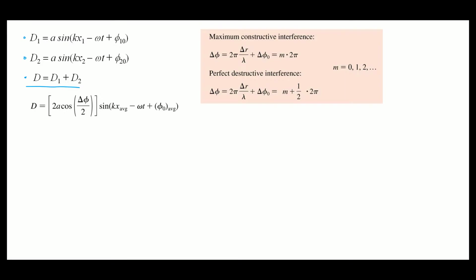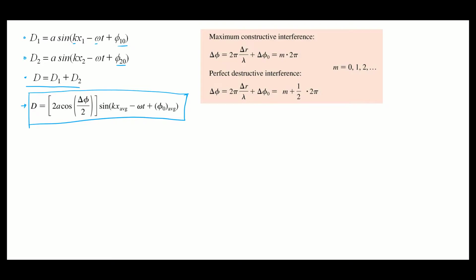We looked at the example of speakers playing the same note, right? So they had the same wavelength and frequency, so the Ks were the same. The speakers could be either in phase or out of phase, the actual oscillators creating the sound. But what happens when we have two sinusoidal waves like that in the same medium? And what we did is we derived that the total displacement due to those waves went like this.